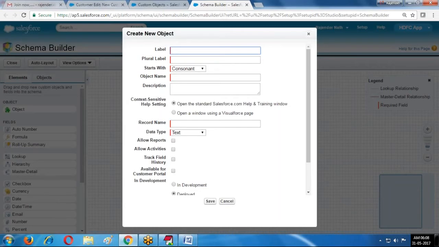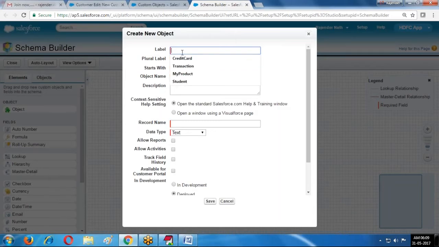Whenever we are creating fields here, all the fields are not directly visible. Only the mandatory fields are visible, and the remaining fields are by default provided to the profiles. So if you want to use them, they are not automatically displayed. Just go to page layouts and edit the page layout. Through that you can edit the fields.